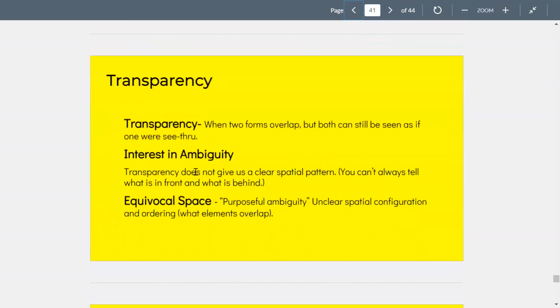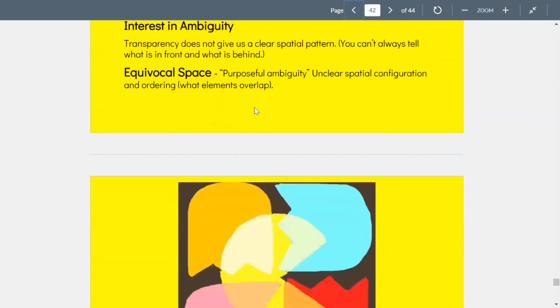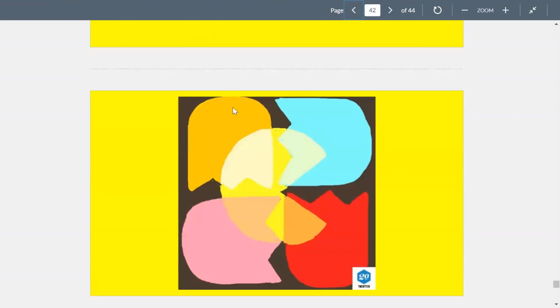And this is what I talked about, the transparency. See here, this is a Pac-Man, and this one is the ghost. This one is looking transparent, but you cannot identify whether the Pac-Man is closer to us and the ghosts are at the back, or the ghosts are in front and the Pac-Man is at the back, because with transparency, if it's not outlined properly,